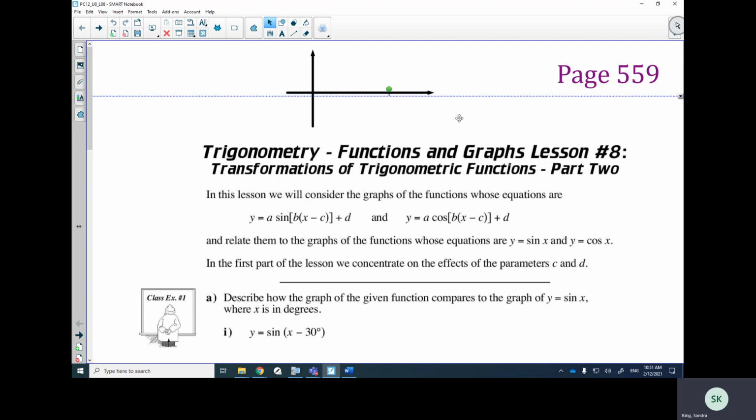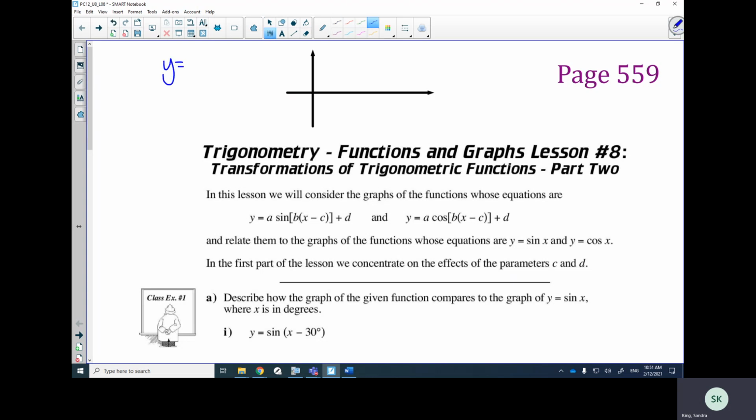Okay, the lesson that we're working on right now is lesson 8 on page 559. This is a big lesson because this lesson finishes off transformations. So once we finish lesson 8, we are done all of the transforming for trig. So just to quickly review what we did yesterday, at the top of your page, I want you to write